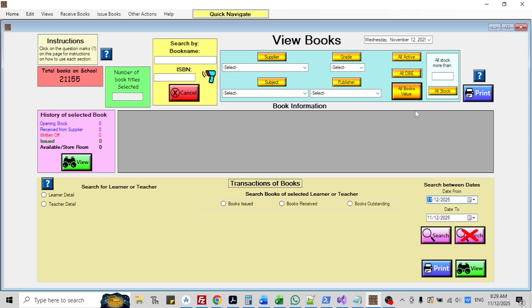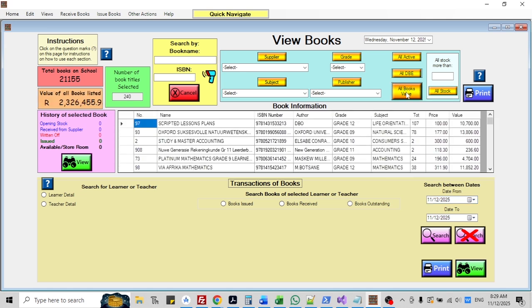So you go here to this side, and I hope you can follow my cursor, and I click on all books of value. And then it shows me that the value of those books is 2,326,455 Rand and 90 cents. And here it shows me all the books that are currently at the school and the value of those books.